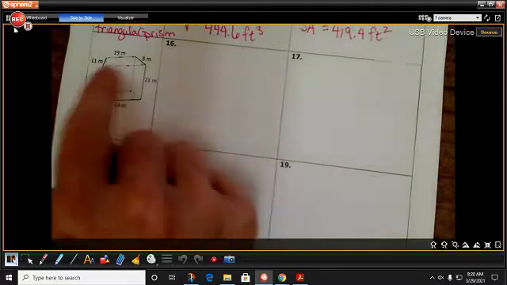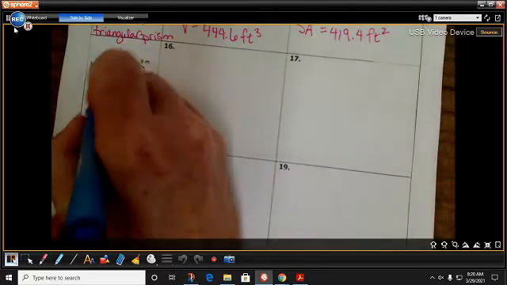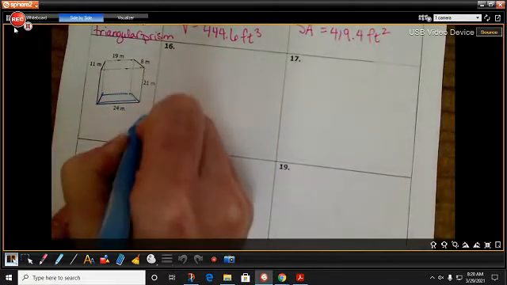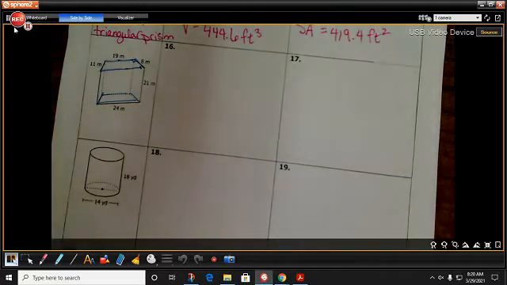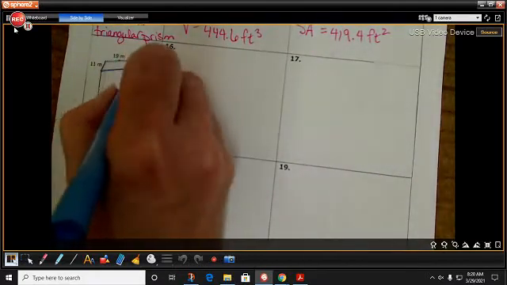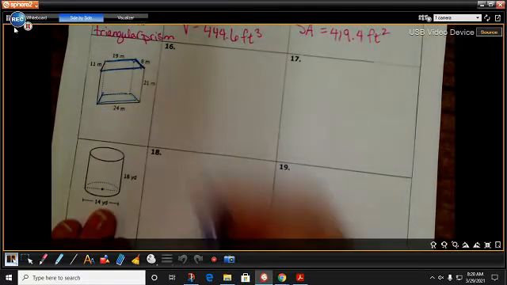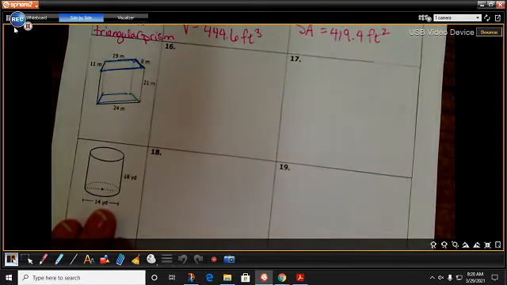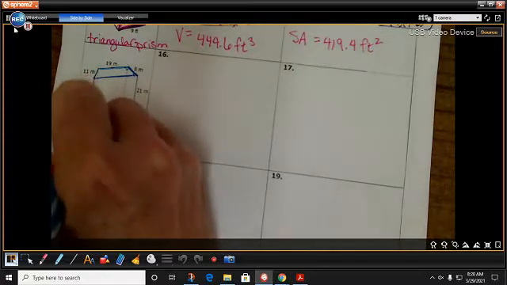Next shape on the agenda, let's see, what's going on with this guy? It looks like a trapezoid down here, and another trapezoid up here. And I'm going to notice that there are right angles drawn into this trapezoid. This is a right trapezoid. So I know then that the height and the bases are perpendicular to each other. So I don't have to figure out the height of this trapezoid. They gave it to me as one of the sides of my trapezoid. That's always handy to have. So I have a trapezoidal